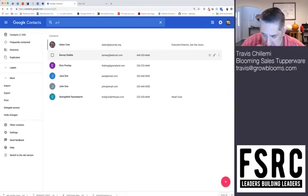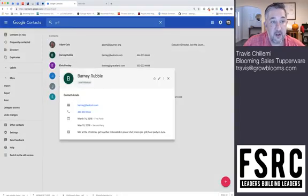One of the ones I really like is using it as a contact log. So here I have these events. I'm looking at Barney Rubble again, the one we just created. I can see that the first party was in March and the second party was in May. I read this, so I have enough information now that I can call and say, Barney, hey, what's going